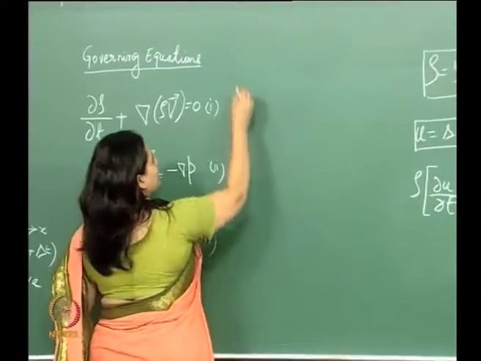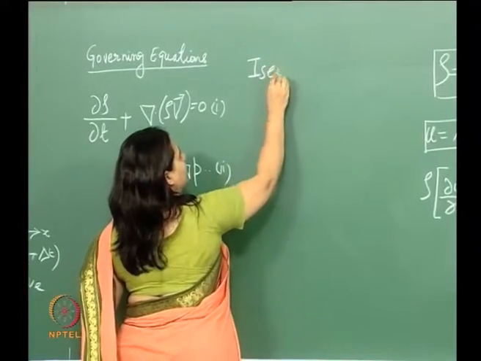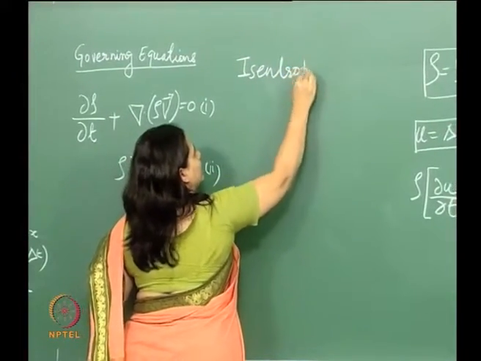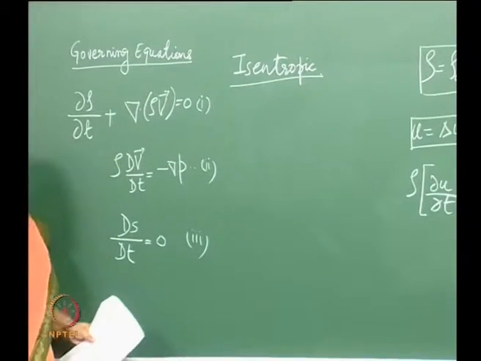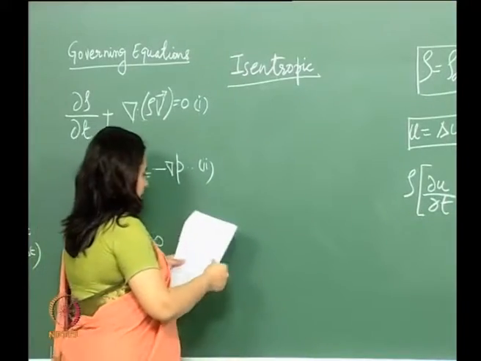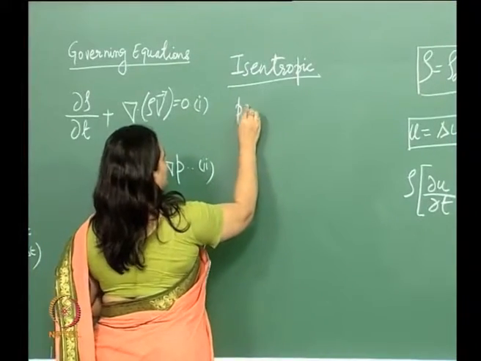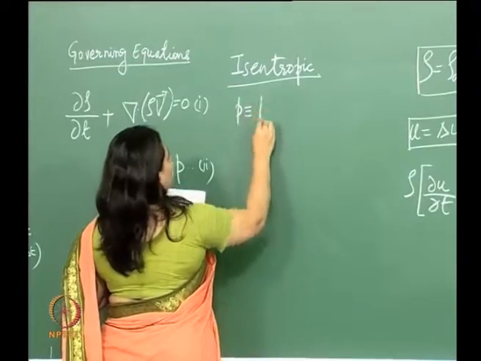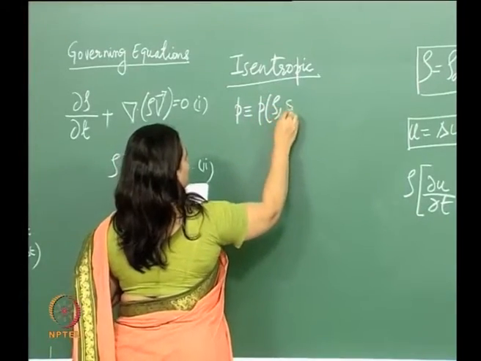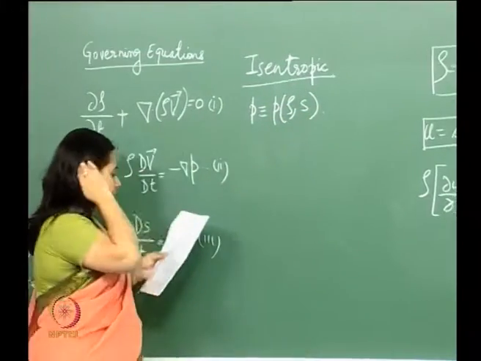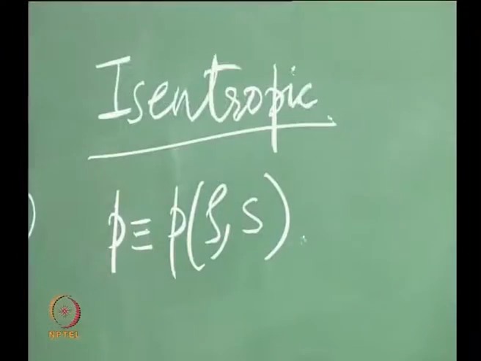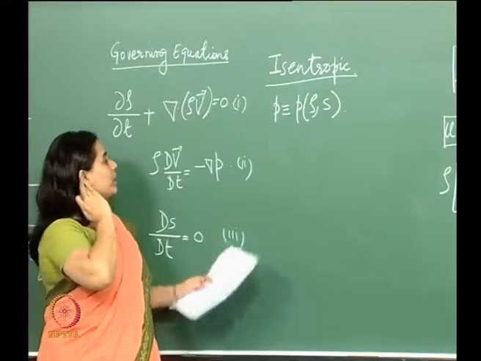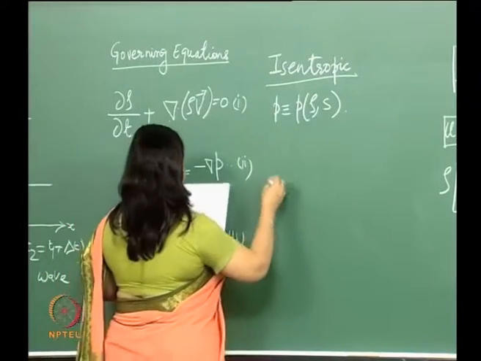So, what I am saying is that we have isentropic flow. If it is isentropic, then I can say pressure is a function of, say, density and entropy. I can write it like that. So, in this particular case, let me write